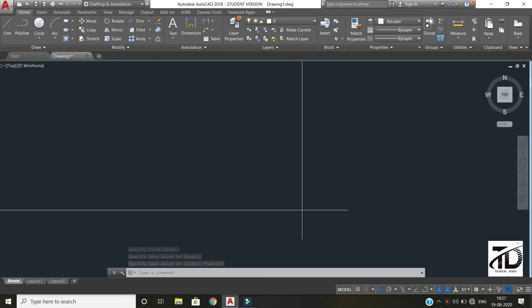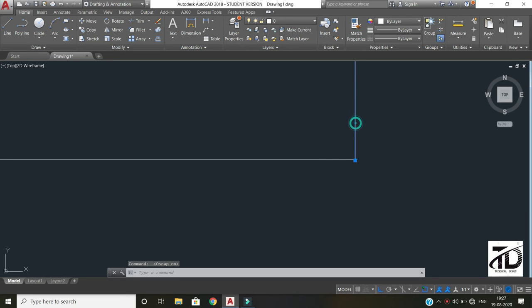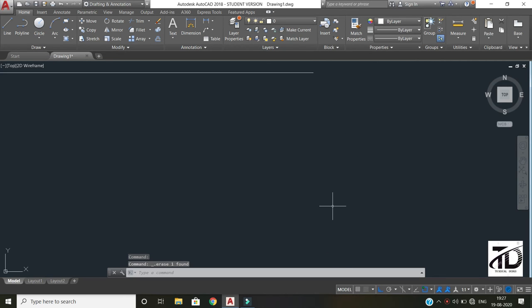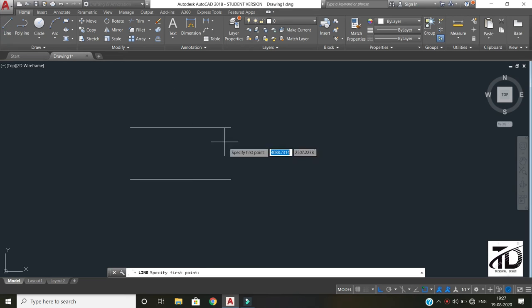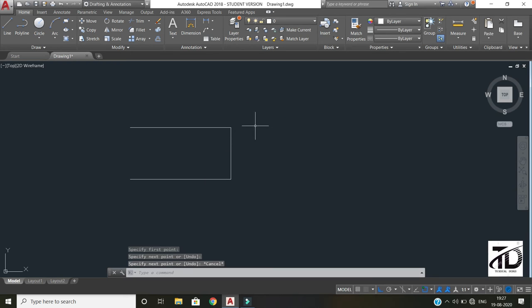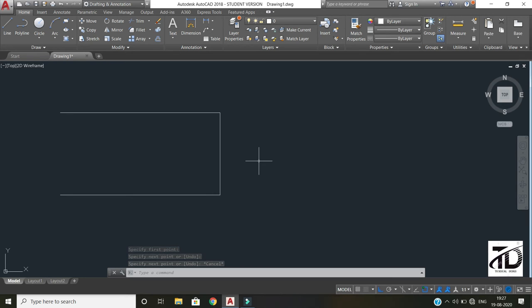For proper joining, you need to turn on object snap by clicking this icon or using the F3 function key. After turning on object snap, let's try to make it again. For that, again go to line command, and now you can see a box with the endpoint marker, and it will automatically attract towards that point, and it will exactly snap at that point. So object snap is basically used to snap line or other object geometry to certain points or certain grip points.